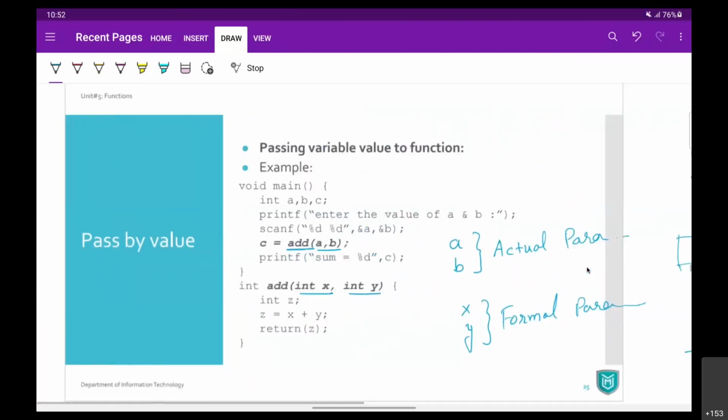So this is the example of adding two values, the same function we generated yesterday. This is something that has parameters as well as a return value, right? So it has both, taking some parameters and returning a value. It only creates the summation of x and y and returns the result. That result we can catch in c and print that variable c within main, right? So this is pass by value. We are not looking at pass by pointer right now.